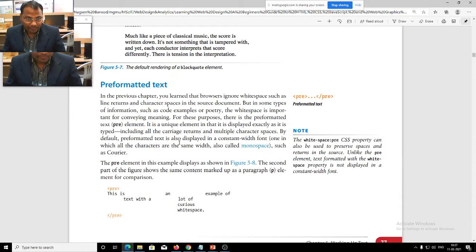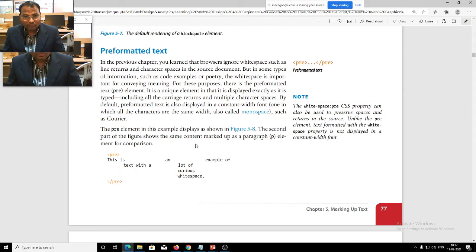Now, preformatted text. You learned that the browser ignores white space such as line breaks. The browser cannot give a new line until we put a line break, and the browser cannot accept extra space.